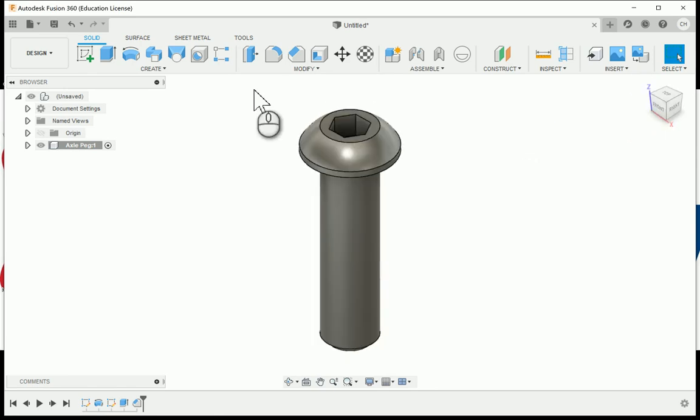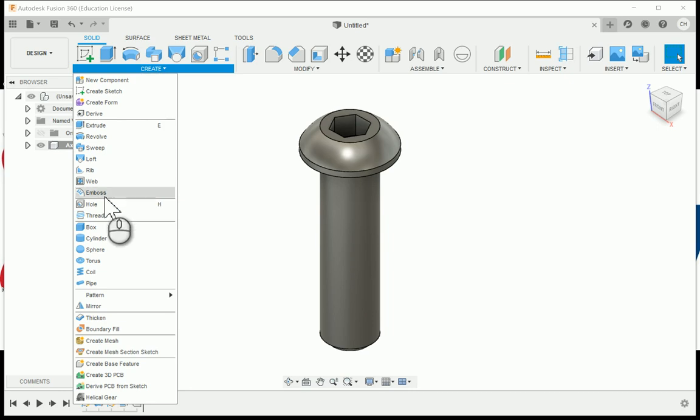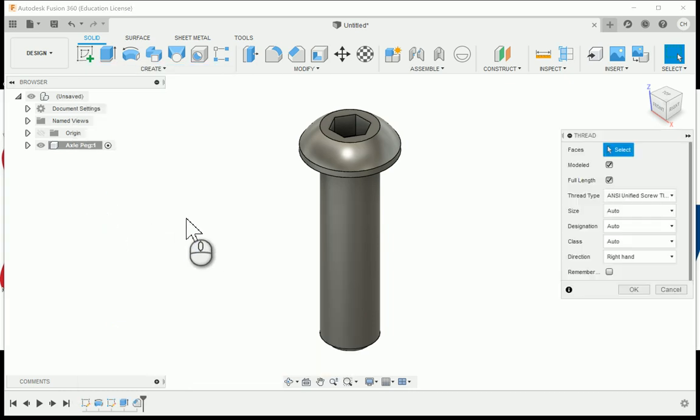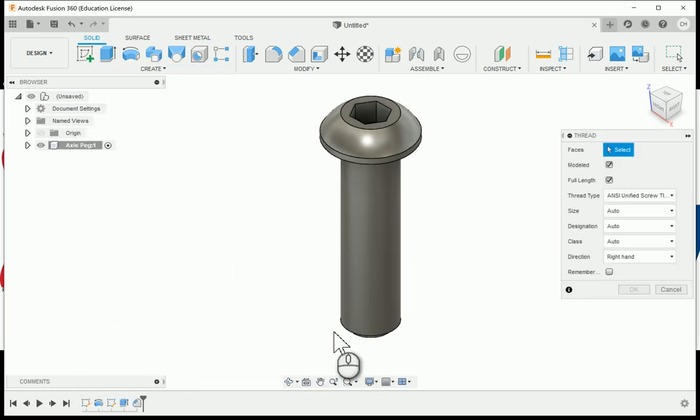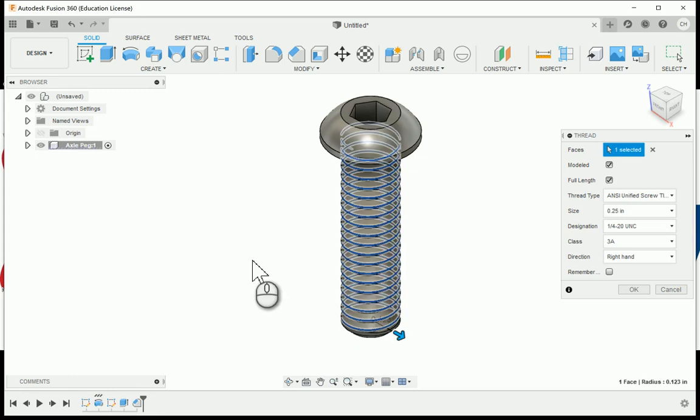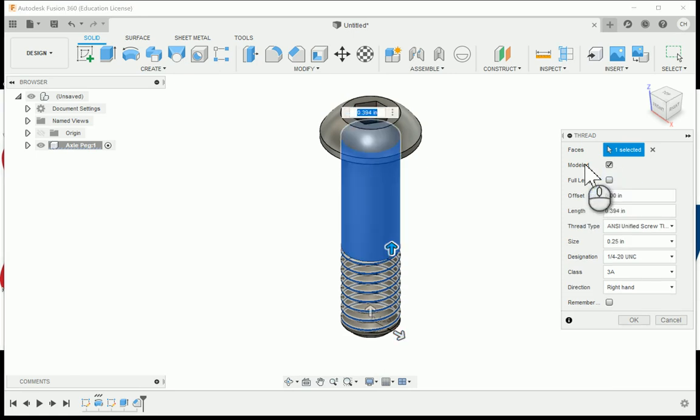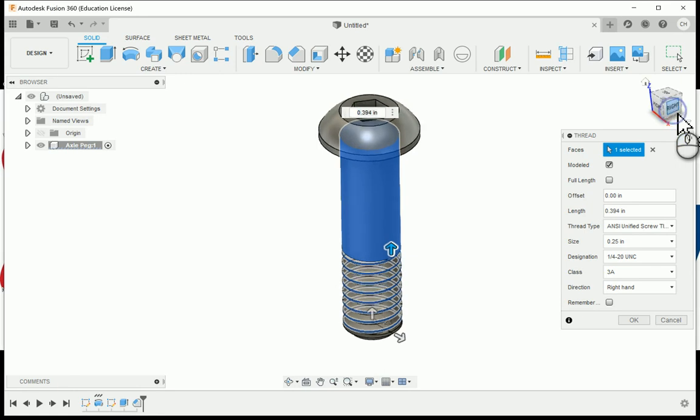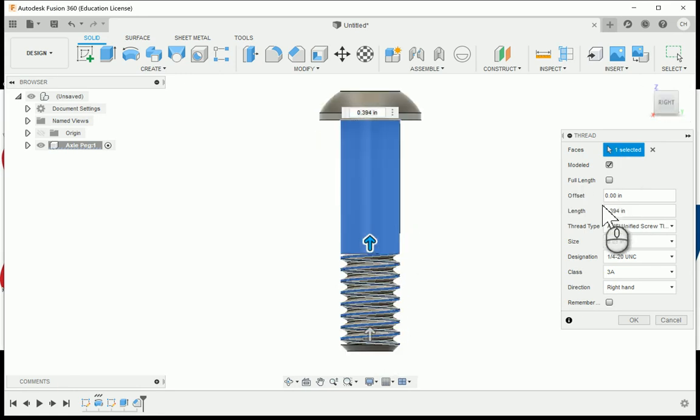And then under create, I'm going to go to thread. I'm going to want to make sure that I choose toward the bottom of my thread, and it's going to cut threads in there. They're going to be modeled. If that box is not checked, go ahead and check it. And I'm going to uncheck the full length. So instead of threading going all the way through, you're going to see that the length from the bottom is going to be